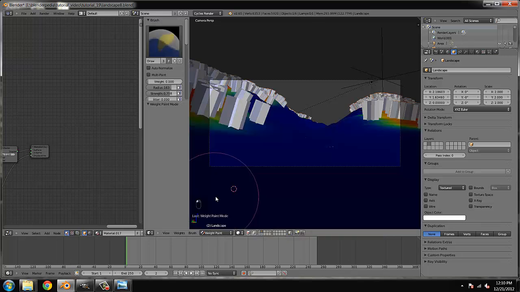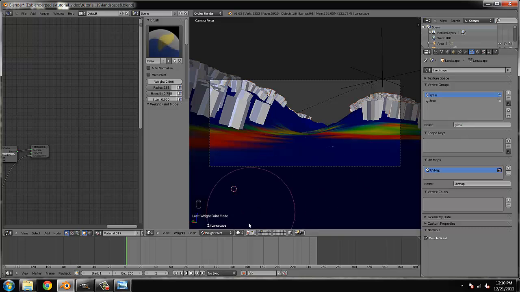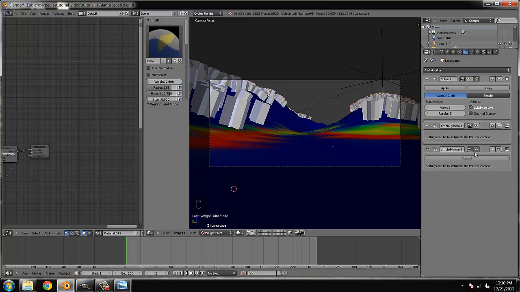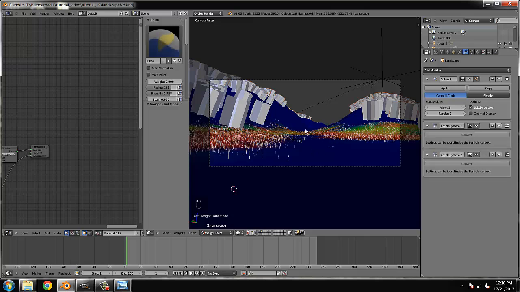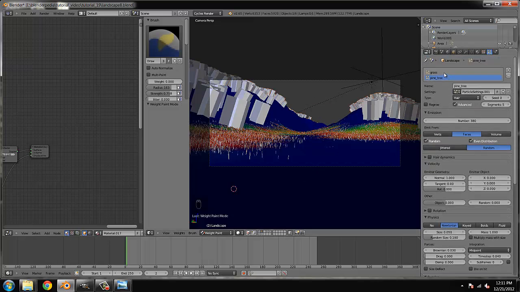Weight painting. This painting was for the trees, but I made 2 different ones. Making a different one is just adding one, so this is the grass, this is the tree. So I can call this grass. And enabling that one, we have some grass. How I did that was the same as for the trees, grass. But the big difference is that this is